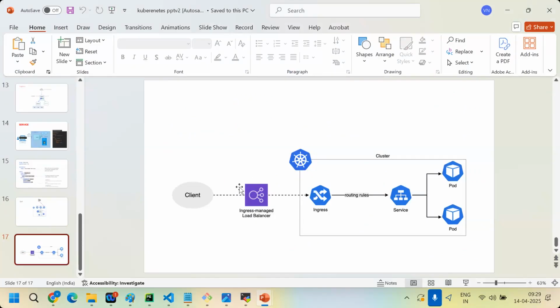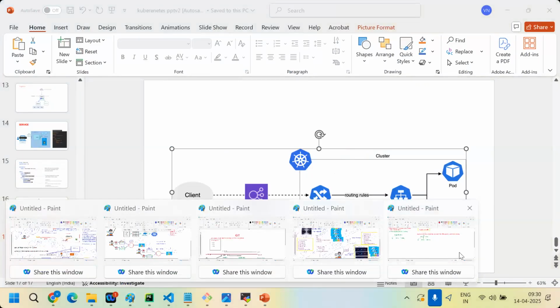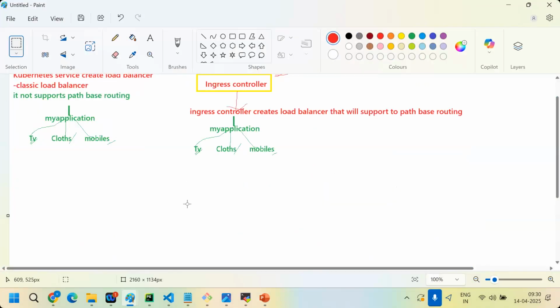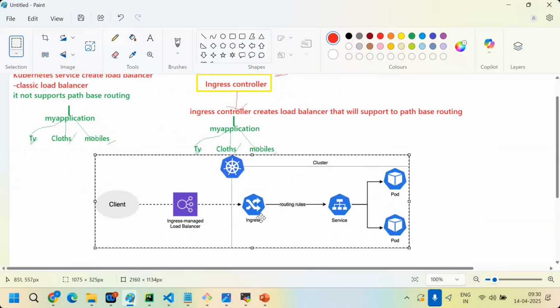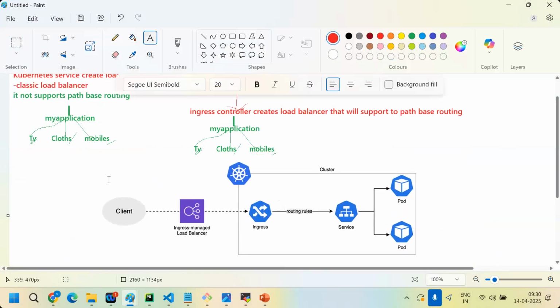Let me copy this and explain it in a pane. Focus on what I'm trying to say. If the client accesses LB path 1, let's understand this is the path 1 pod, and this is the path 2 pod. Clear till here?